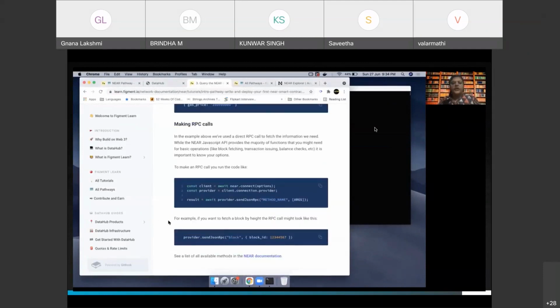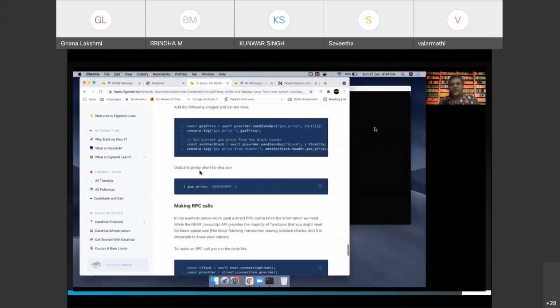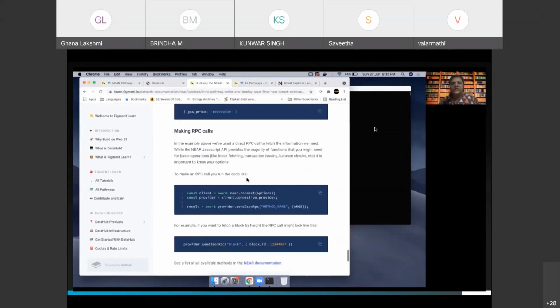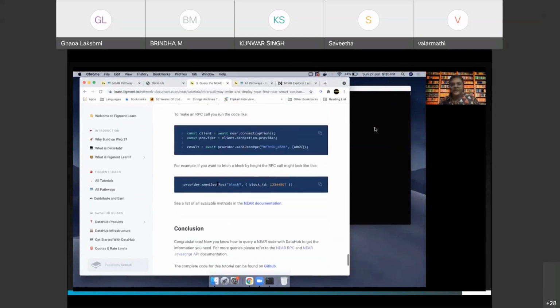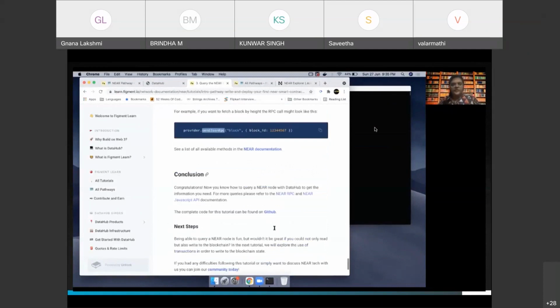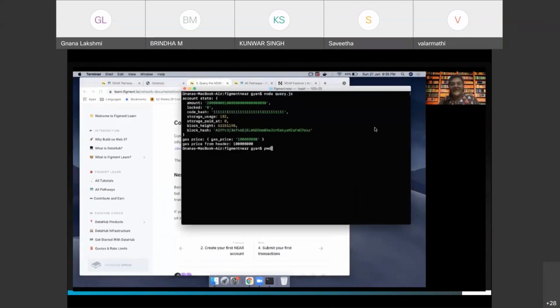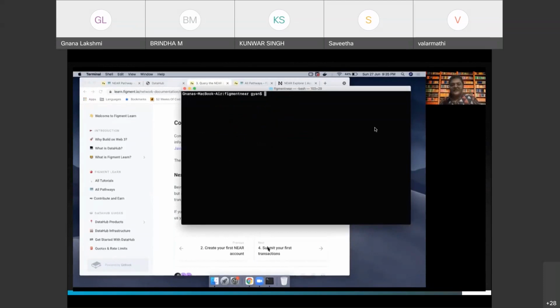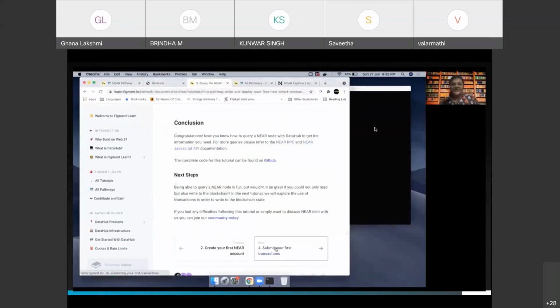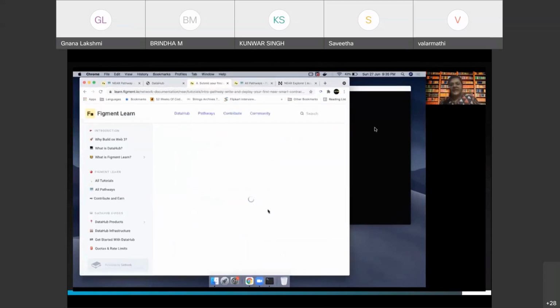So in this particular call, we have directly used the send JSON RPC function, which is similar to making an RPC call. I mean, which is actually making the RPC call. So yeah, we have now queried the blockchain, right? So the next thing, and a very interesting thing we are going to be doing, is submitting our first ever transaction, right?